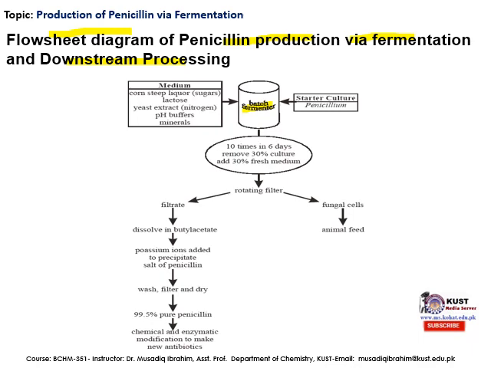First of all, the starter culture, which is composed of Penicillium chrysogenum species, is added to the fermentation tank. Along with it, the nutrition or the medium is also added at the start of the fermentation process,